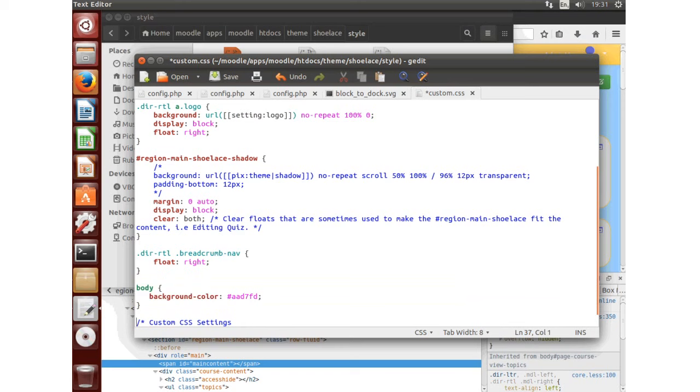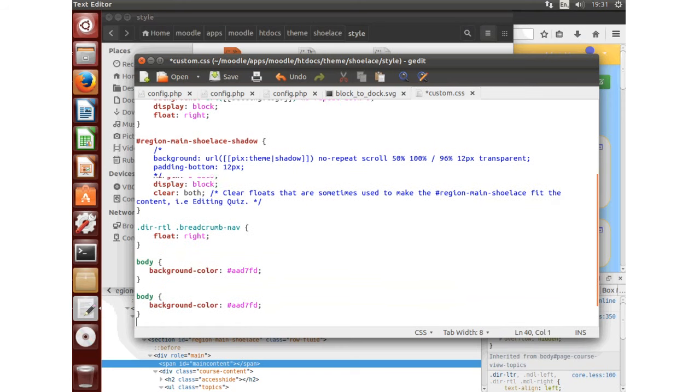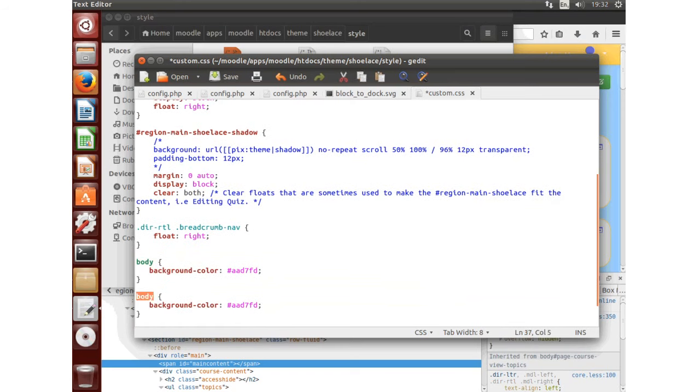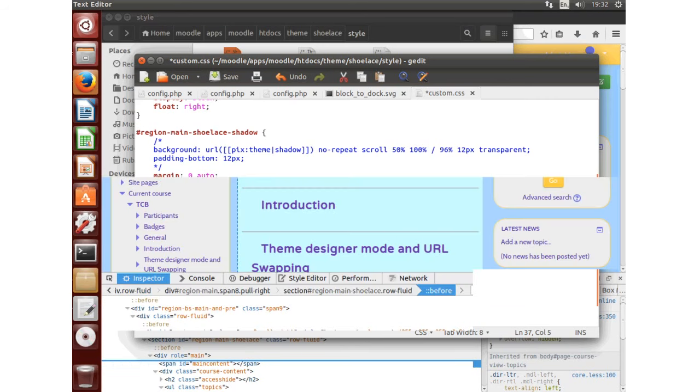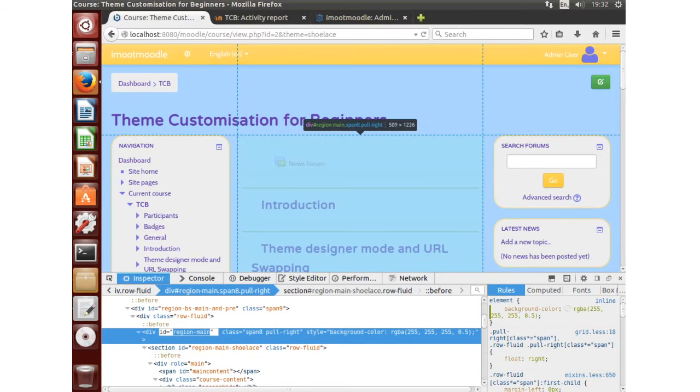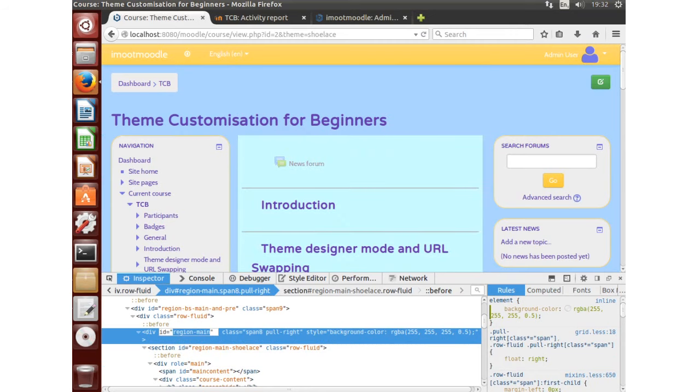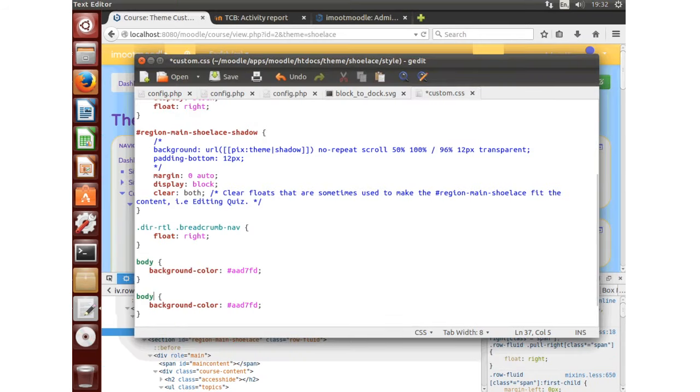Now for the second one, we want region main. We can copy that back. That is an ID, not a class, so we need a hashtag, and we can use